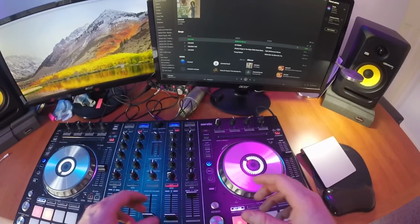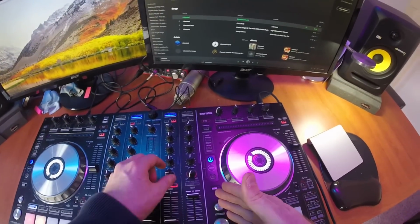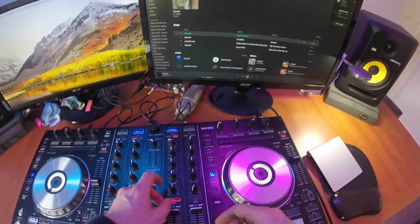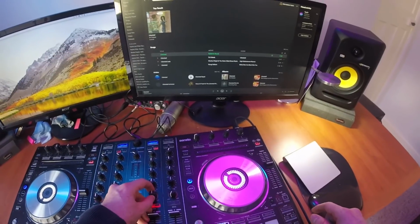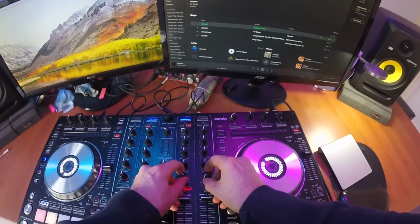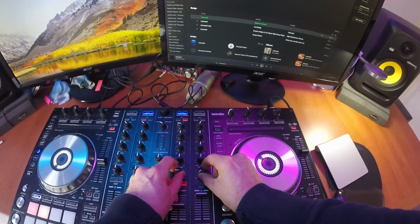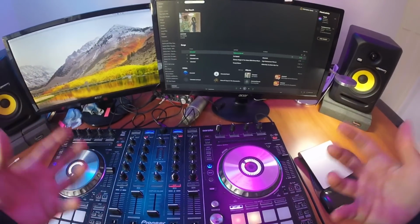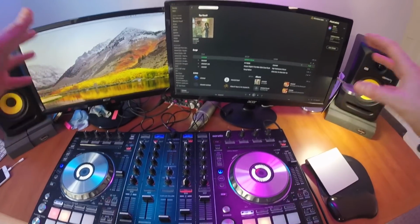Okay, so all I did was have one filter down on the track that's coming through Spotify, and the filter all the way up for the song that's playing on Serato, with the volumes up on both. I would begin to filter out the song from Serato and press play on Spotify. And as this volume went down as I filtered it out, I bring up the filter from this song here. And you get this very basic blend that honestly, most people are not really going to